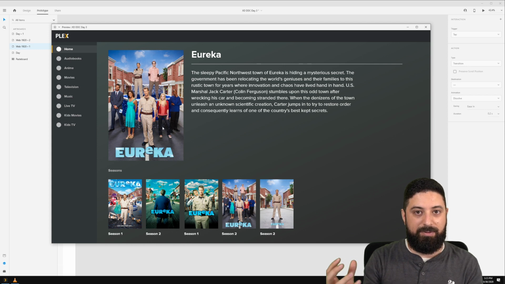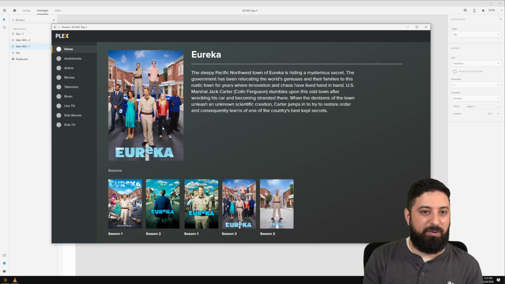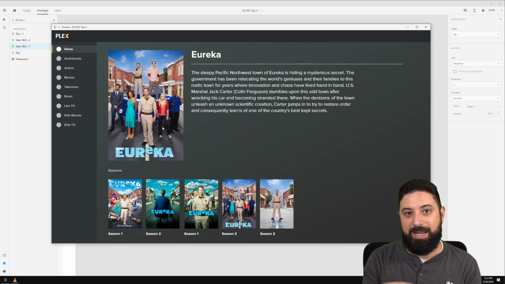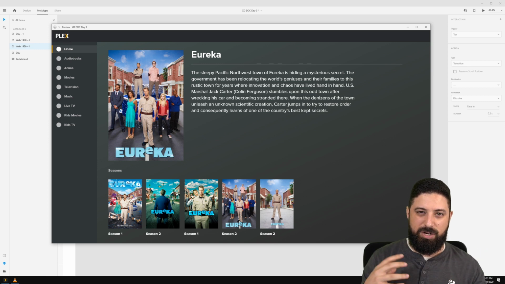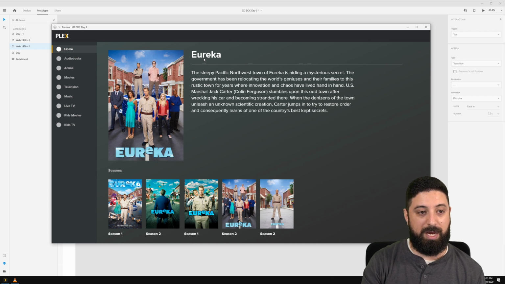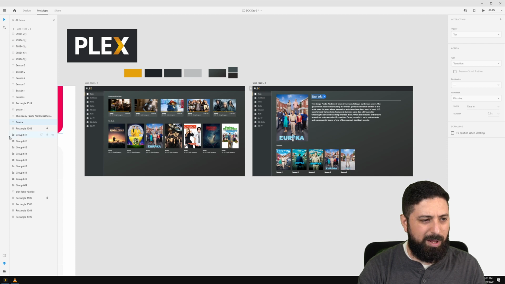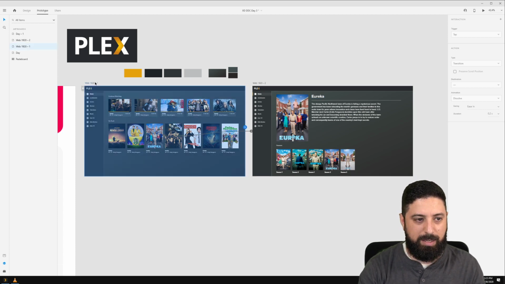We can do a lot of cool stuff in micro interactions. You can do some really cool transitions between like buttons to play icons and other features within that. So I'm going to really encourage you all to play around, experiment, and see what you can do. You want to be subtle. Like I think this text here is a little over the top. So I might even come into my design, and all I have to do is I can just say this is Eureka 2, and now it won't animate.